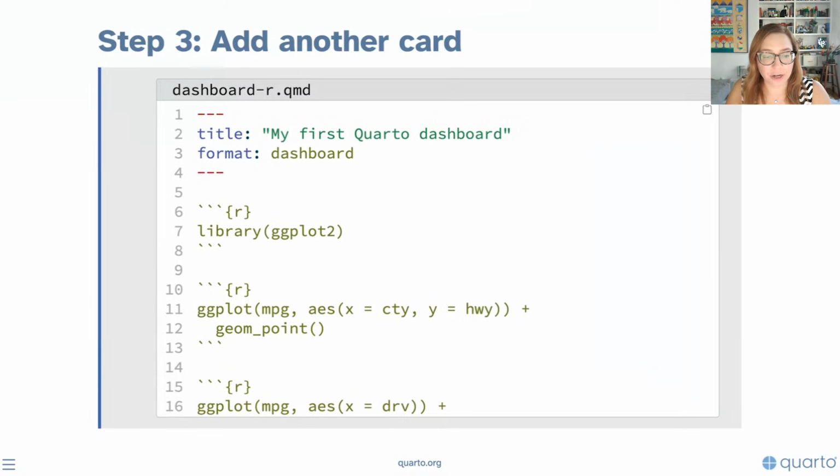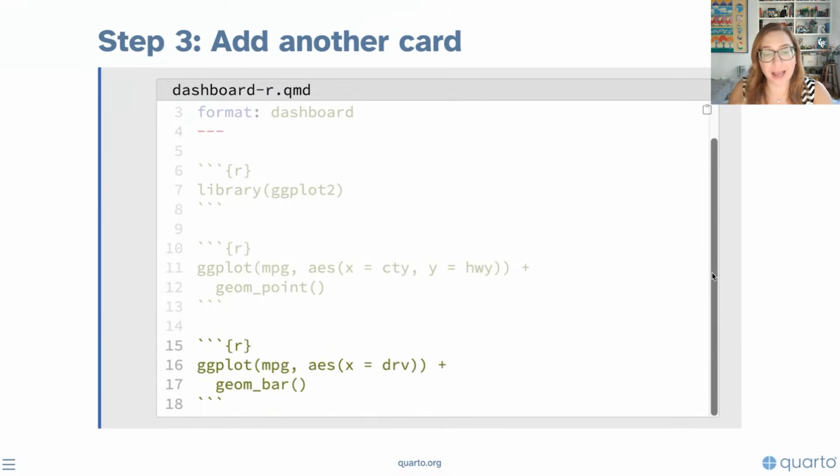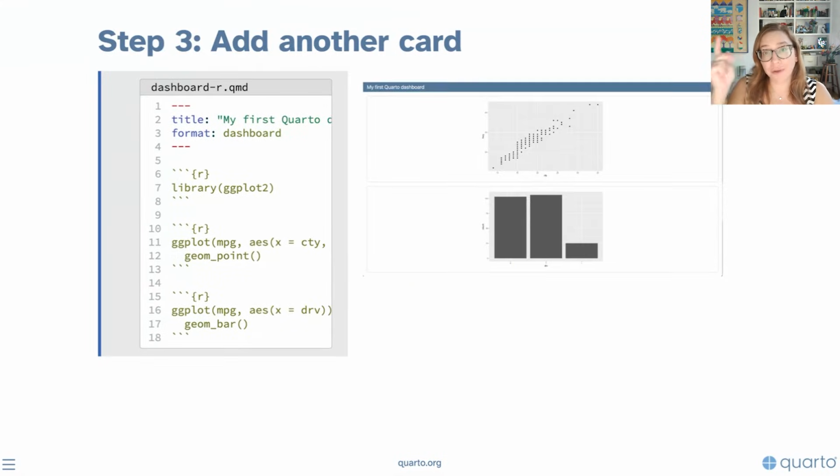Let's add another card. So here we're going to add another visualization. So we can see that we have 3 code cells so far in our document. 1 that simply loads a package, and 2 that actually result in an output. Since we have only 2 that result in an output, so 2 plots, we end up with 2 cards this time. And we can see that by default, Quarto is going to place them on top of each other. So in other words, the orientation for the organization is in rows.